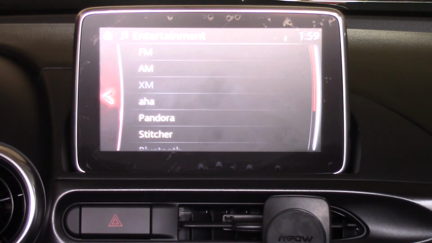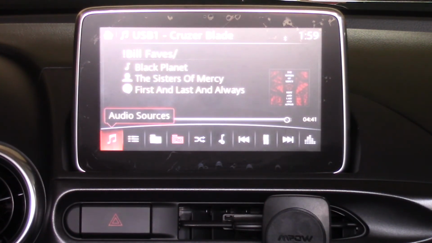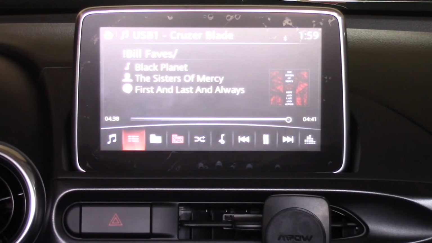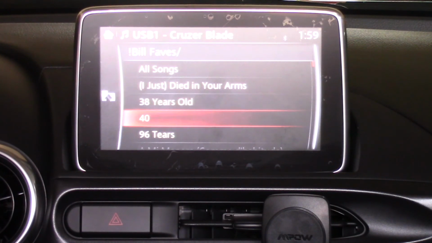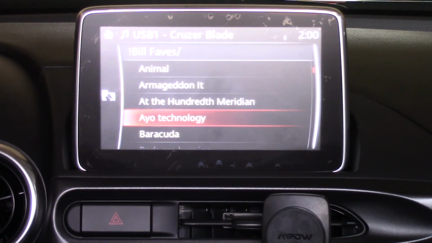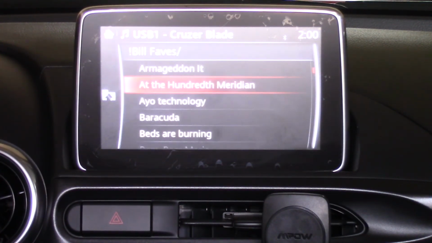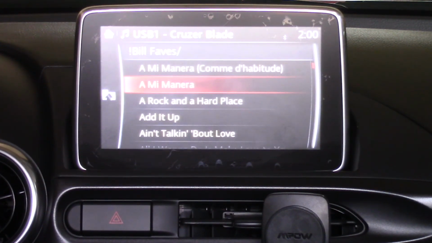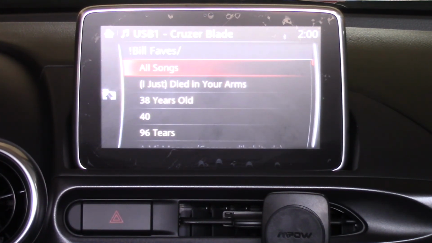Also, let's say we're using our USB stick and we have a list of songs. If it's a fairly long list, as it is in this case, you can see if I wanted to get to a song that I know begins with a Y, I'm going to have to do a lot of scrolling to get to it. So this is another list loop improvement tweak. It's number K,